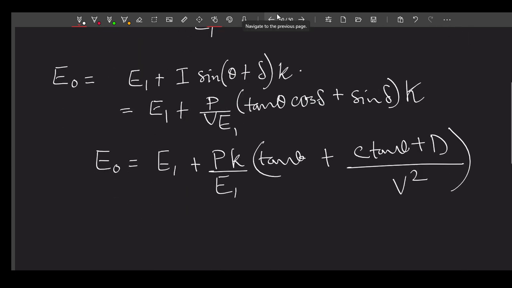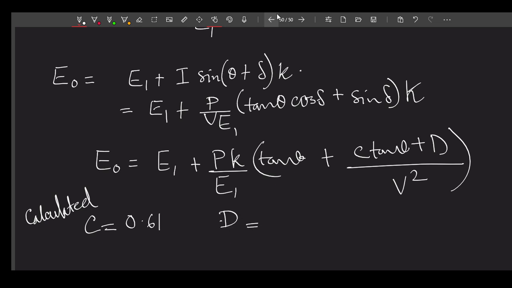What you will find is that c is equal to, this is again calculated, c is equal to 0.61, and d is equal to 0.7925. So that gives us,